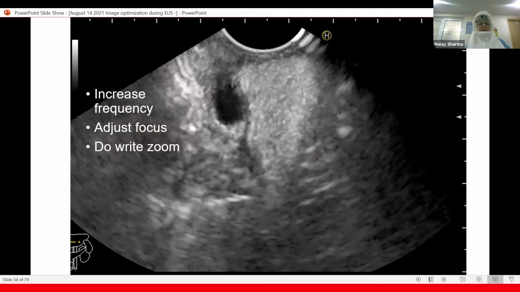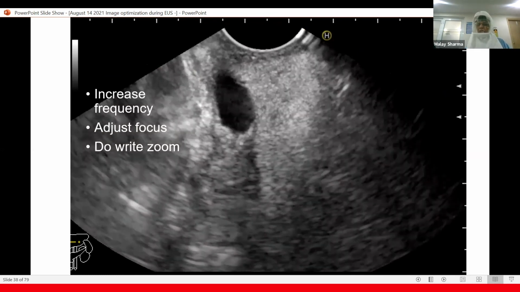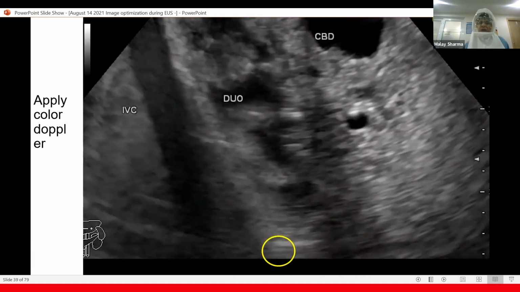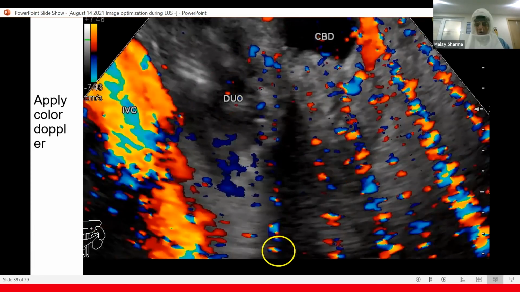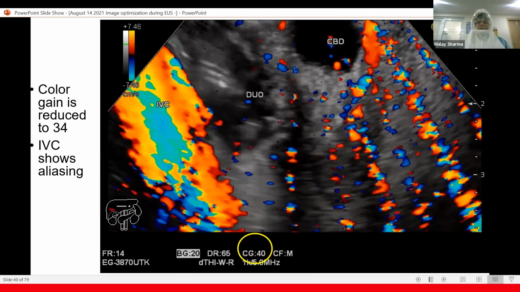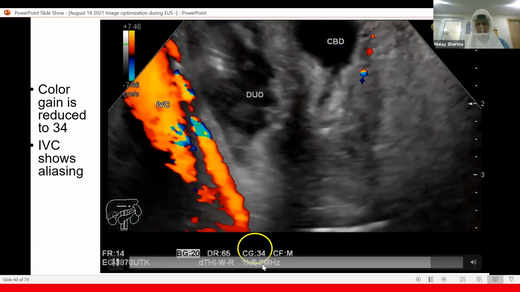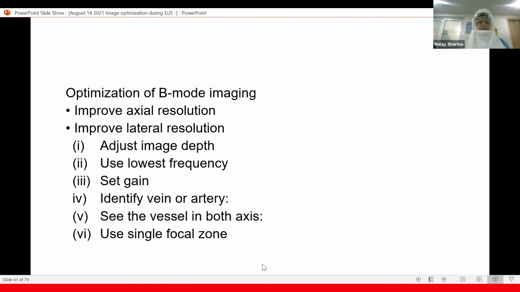We need to increase frequency, adjust focus, and adjust zoom, and we need to see in this case, where we have done the highest zoom, and then we apply color Doppler. But what is happening in this color Doppler? The gain has to be reduced, because the color Doppler gain was reduced to 34, and then the artifacts outside the image. So summarizing: color mode, improve axial resolution, improve radial resolution, adjust depth, use frequency, gain, identify vessel,